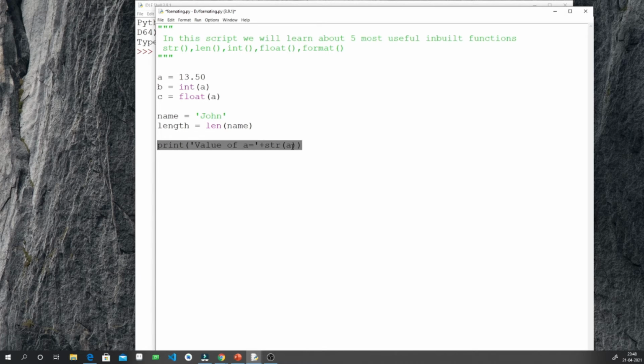Let's copy it four times, and now I will give here b, here also b, then c. Basically we are just printing all the values. In case of name, we don't need to use the string function, because it is already a string.